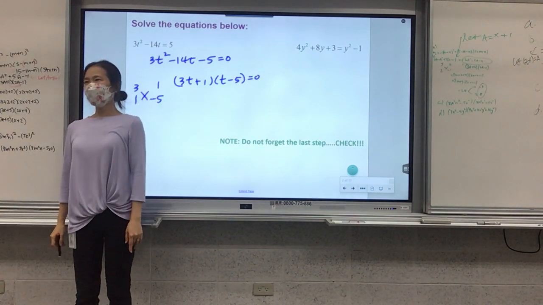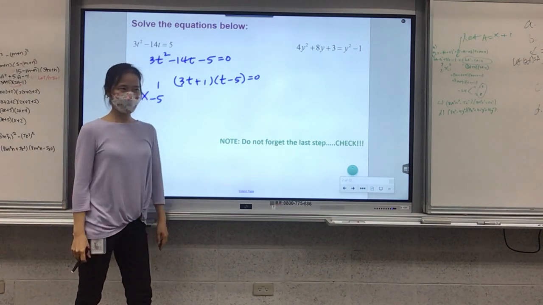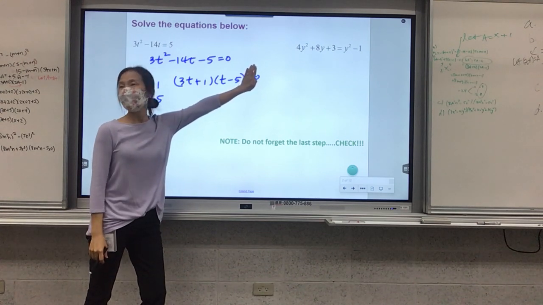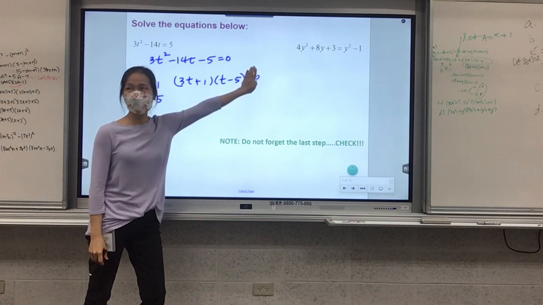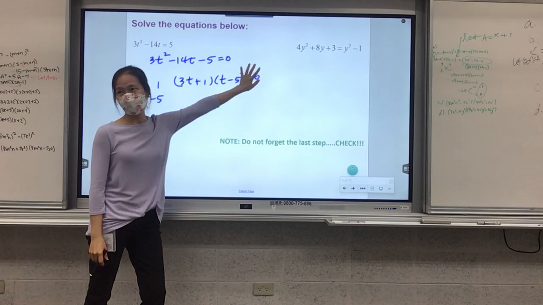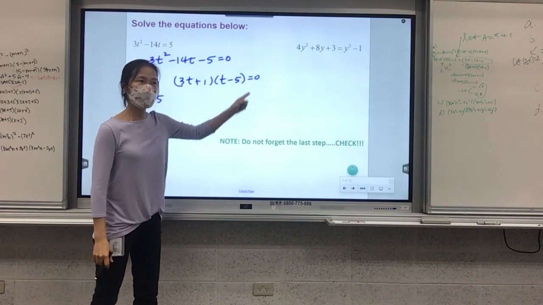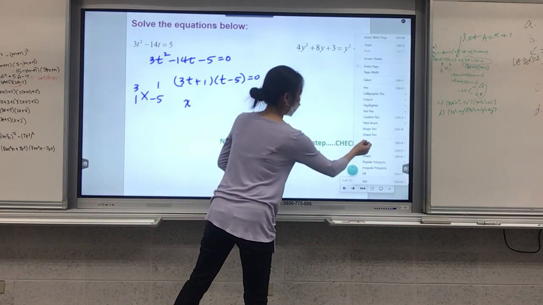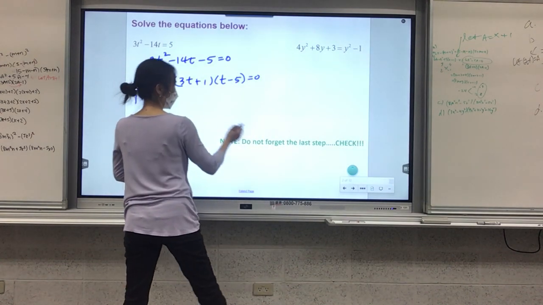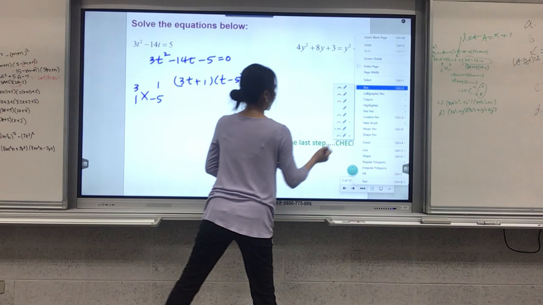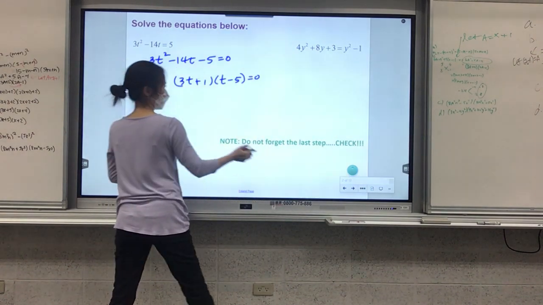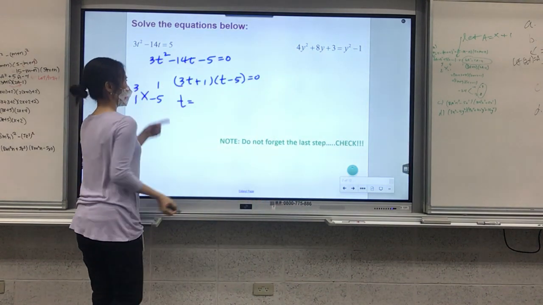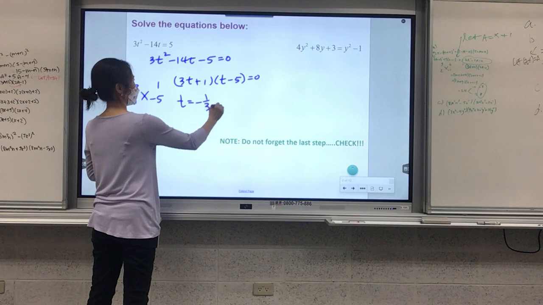Some of the students, the work is really sloppy. You know what I mean? So after you factor, you forgot to say equal to 0. If you don't have an equation, you cannot solve. That doesn't make sense. So it has to be equal to 0 to use the 0 property. Okay, it is not always x, so be aware of the variable. Now t is negative 1 over 3 or